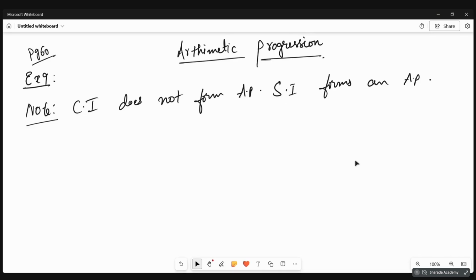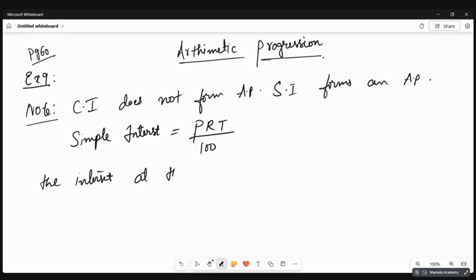Okay, write down now. What is the formula we have? Simple interest is equal to PRT by 100, where P is the principal, R is the rate of interest, T is the time for which it is calculated. So 1,000 rupees he will invest at 8%. After 1 year, how much will he get? The interest